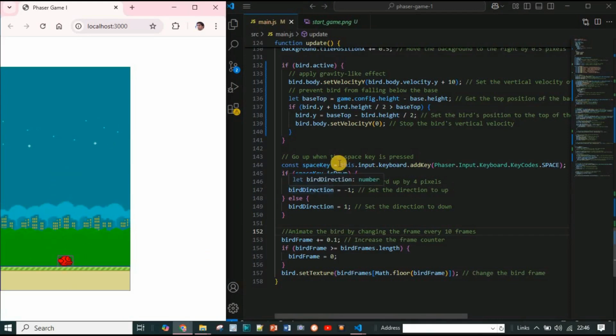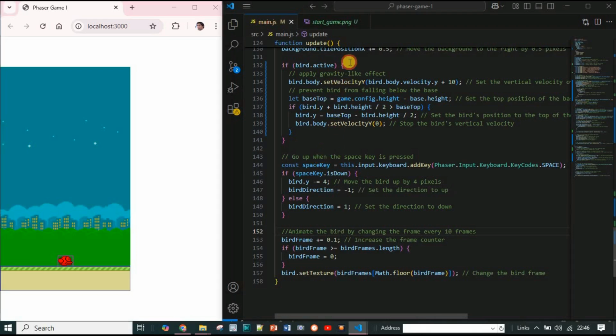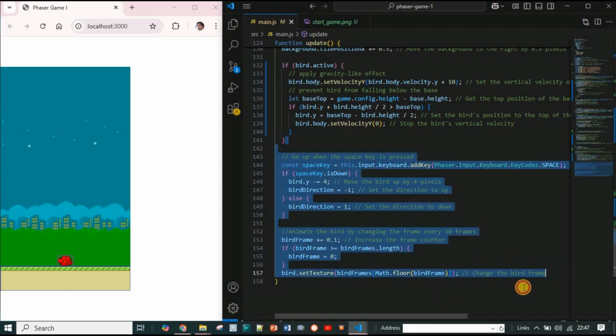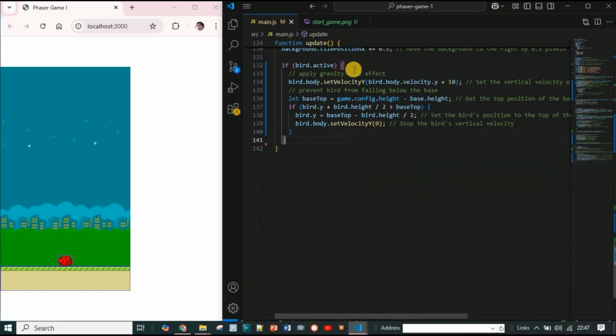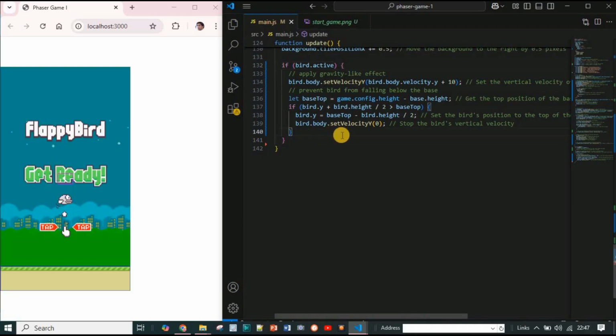So next thing we have to do, if the bird is active, then only we'll apply the logic. So the go up as keys press and the animate part, those actions should be applied when the bird is active. So I'll move those codes inside the bird active block. So here,